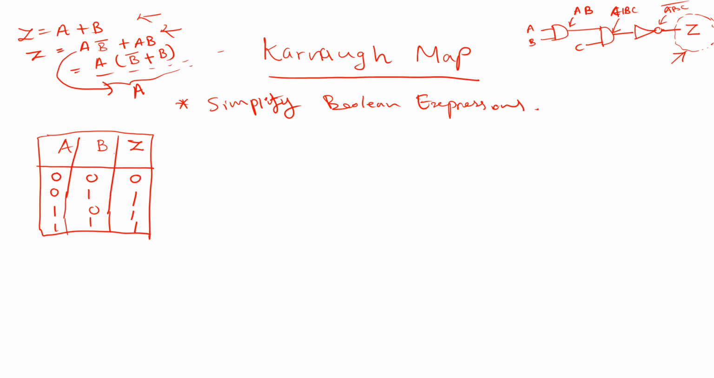You can understand what this is. 0 0 0 0 1 1 1 0 1 1 1 1, right? When we draw the Karnaugh Map for this one,